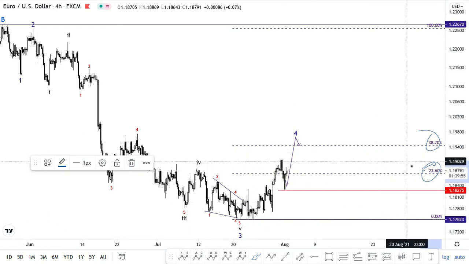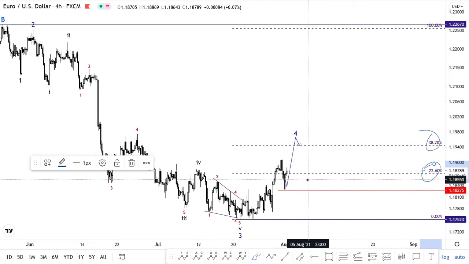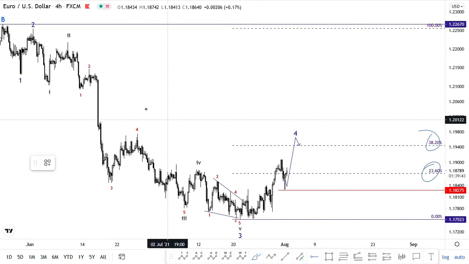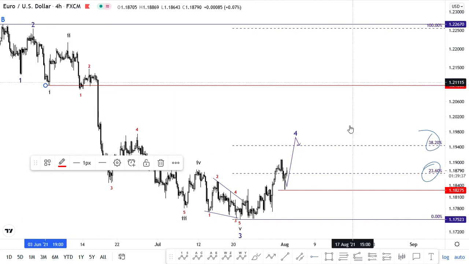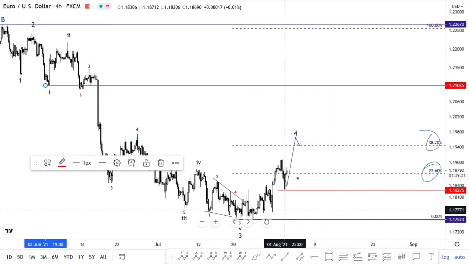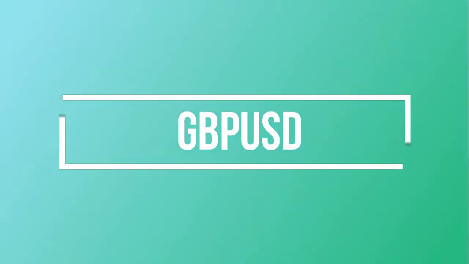So from here we can expect to test the 38.2, past the 38.2 to the 50% level, and then we will be considering our short entries until price breaks past this level. Then we invalidate the shorting scenario, and we can consider that price is indeed bullish. But as for now, we are not hoping to cut because we don't know what the market will unfold like next. We are hoping that it can follow us until we reach our target. So that's it for EURUSD, and then let's jump to GBPUSD.